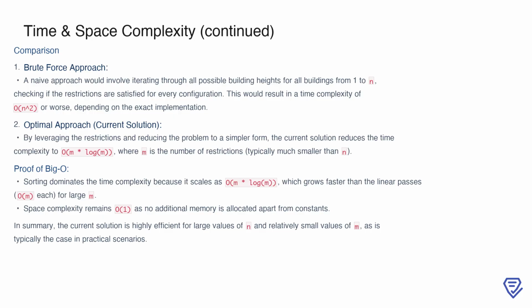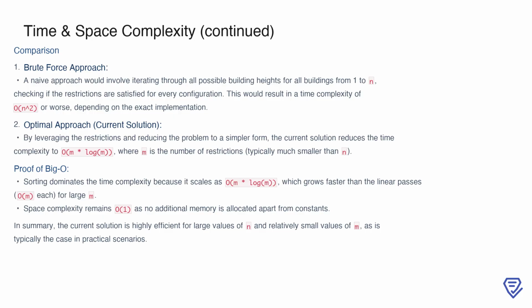In contrast, the current solution leverages the given restrictions to simplify the problem. By reducing the focus to the much smaller restrictions list, the time complexity is drastically reduced to m log m, where m is typically far smaller than n. This efficiency is due to sorting dominating the runtime, as it grows faster than the linear passes for large m. Moreover, the space complexity remains O(1), ensuring minimal memory usage. In summary, this approach is highly optimized for scenarios where n is large and m is relatively small, which is